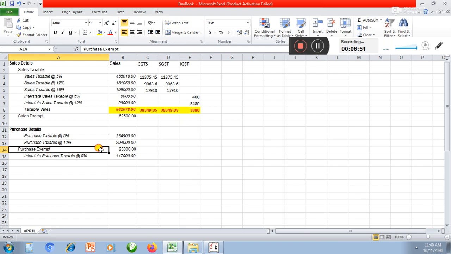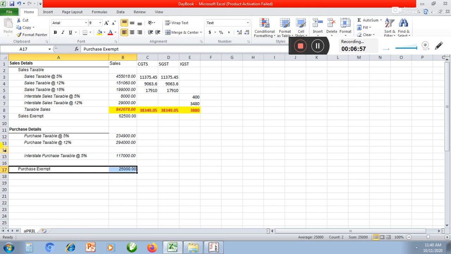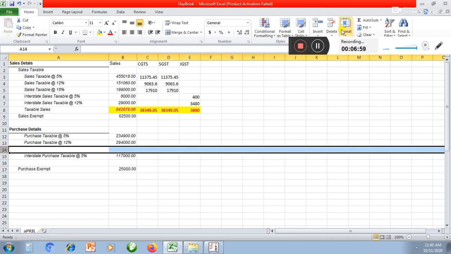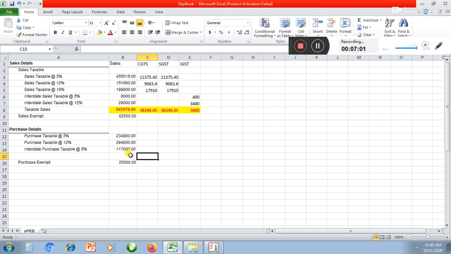Purchase exempted, I'll keep it separately. I'll cut it from here, keep it outside, paste it, and this row I'll remove. Click on this row and delete it. This is my taxable. Here I'll put what? Total taxable purchase. So find out, highlight all this, total this,